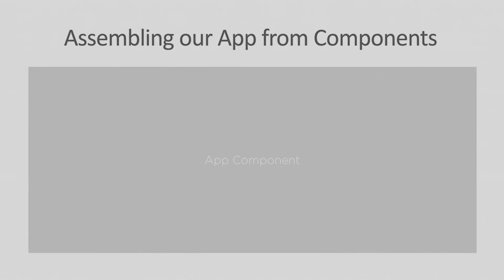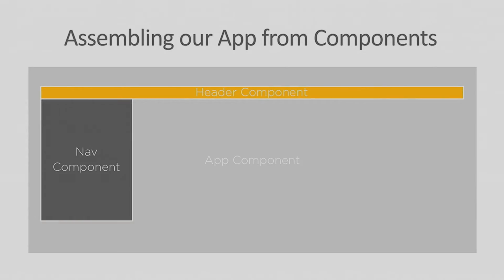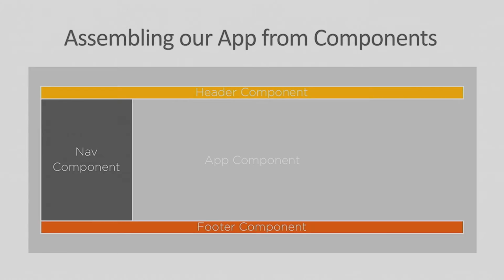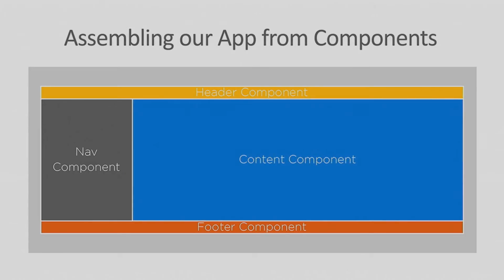So how do we use these components? Let's say we've got this application. We usually start with one component. That's the whole app. And we create a hierarchy of these. We might have some kind of a header on our page. Then we might have a nav component and a footer. And then maybe on that other side, we want a content area. All these pieces can be assembled. And we can decorate and create our application with these components.